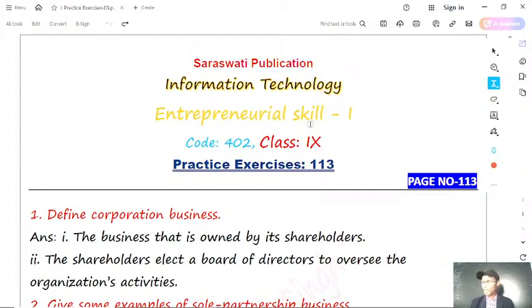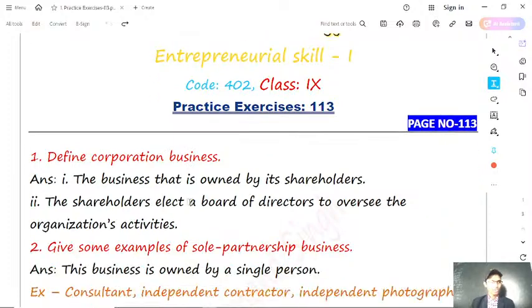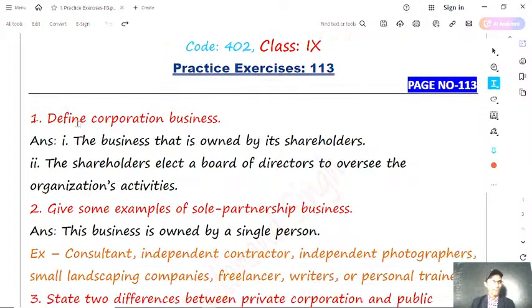Now, in this, I'm going to discuss the next topic. The topic name is entrepreneur skill first. So, what we'll do here, we'll go through the question to theory. Means, we'll discuss here all the questions, and all the questions would cover the entire unit. If you have the Saraswati publication book, you can open page number 113, and this is a complete exercise. The first question of the exercise is define